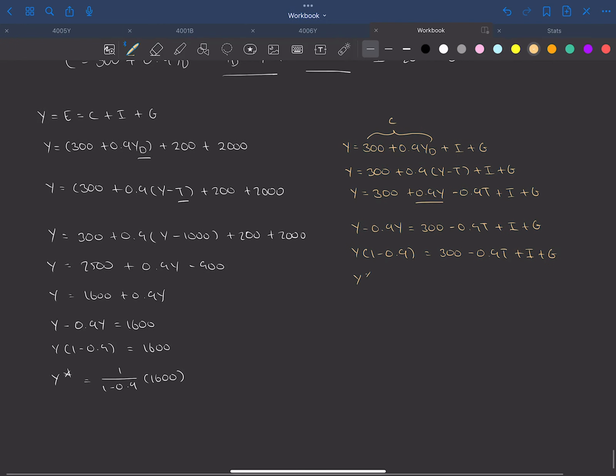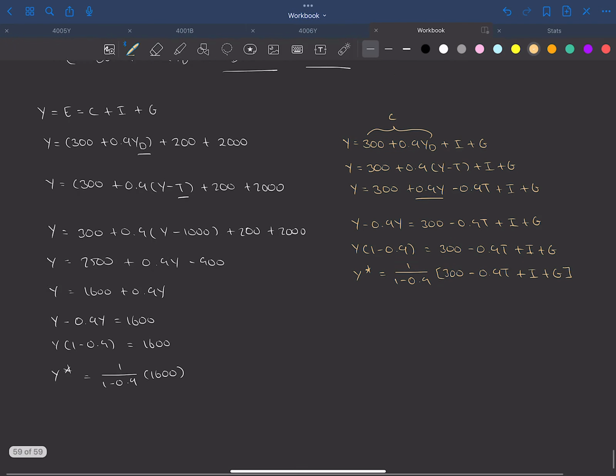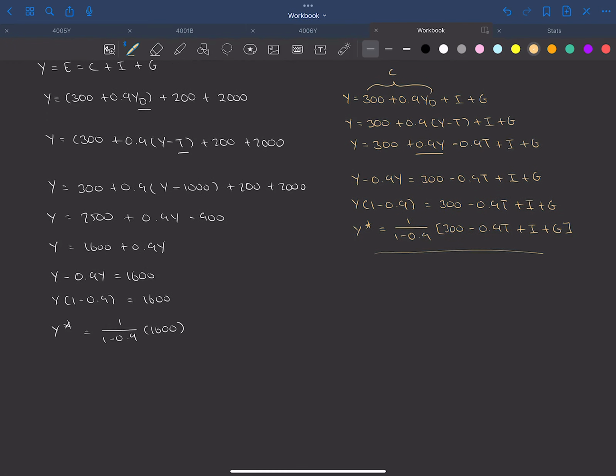Then you get y star is equal to 1 over (1 minus 0.9) times (300 minus 0.9t plus I plus g). Okay, and then once you do that, sub in all the values, and then you get